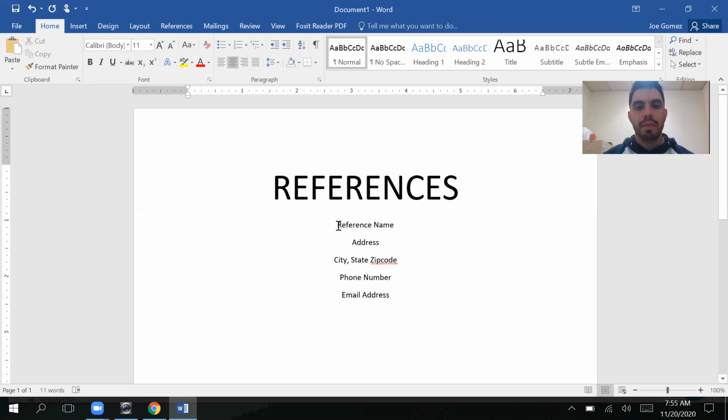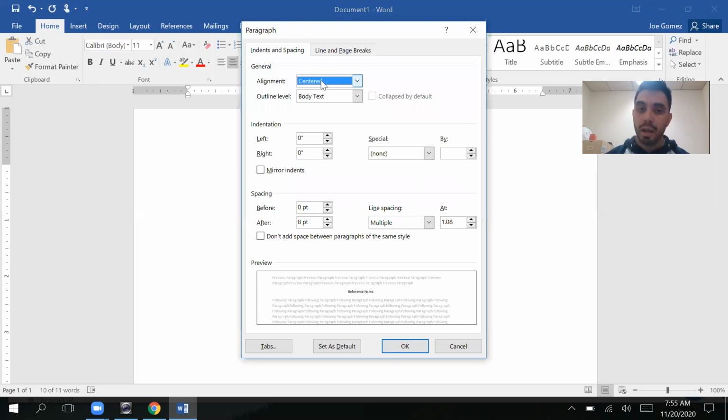Now there's one change we've got to make. There's too much space in between here. So what we're going to do is highlight all of this. We're going to go to paragraph, and then we are going to go,